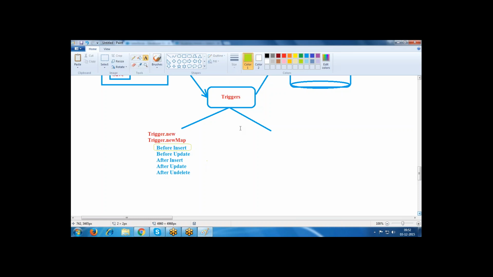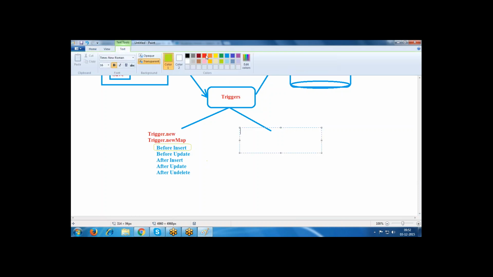Now here we have trigger.old and trigger.oldMap.